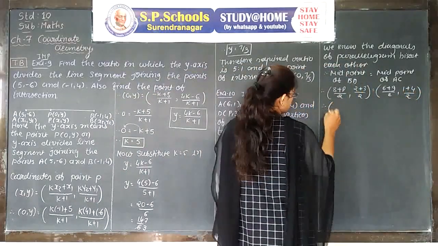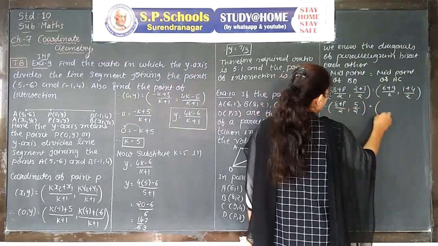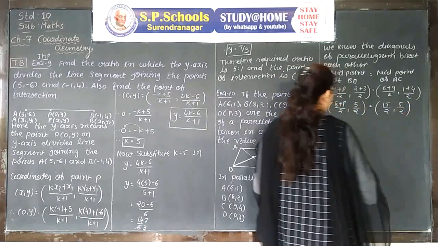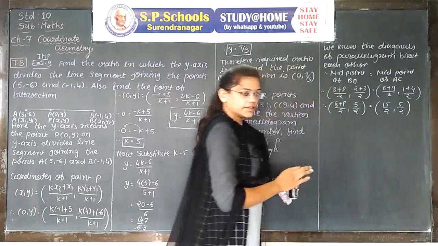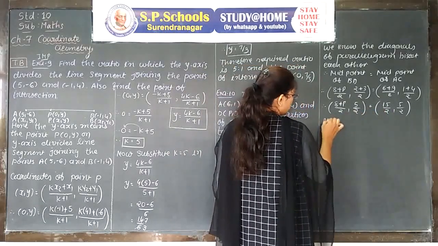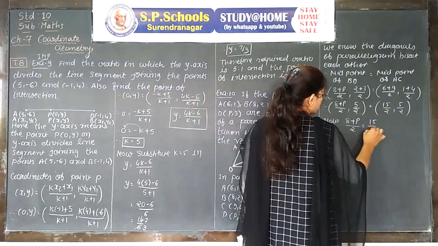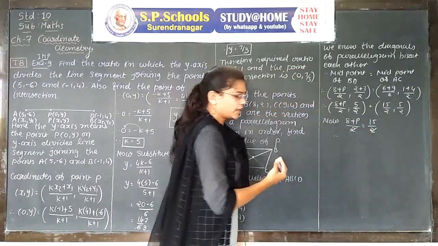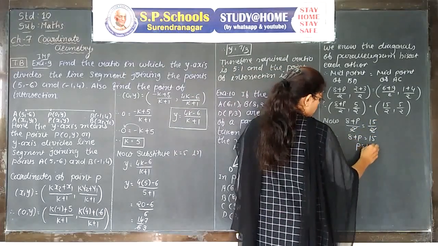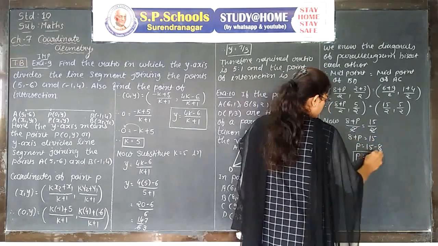We simplify it. (8 plus p)/2, 5/2 is equal to 15/2, 5/2. See what happened here? Y coordinates are already equal. Now we compare x coordinate with x coordinate to find the value of p. 8 plus p upon 2 is equal to 15 upon 2. Cutting the 2 from both denominators, we get 8 plus p equals 15. To make p the subject, shift 8 from left hand side to right hand side. We get minus 8. That's why p is equal to 7.